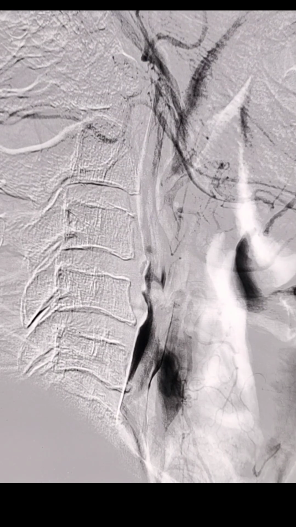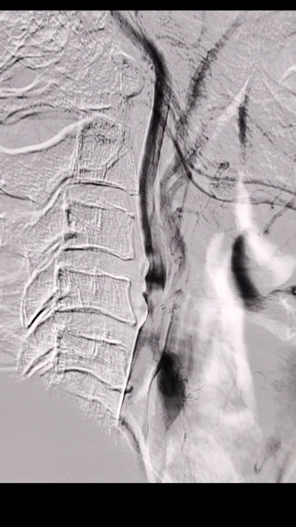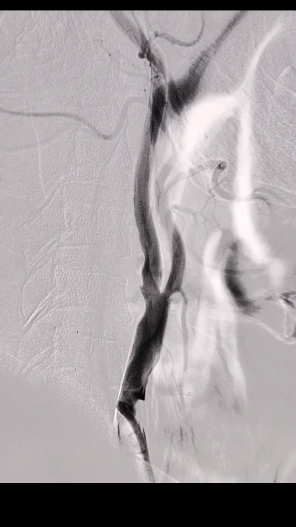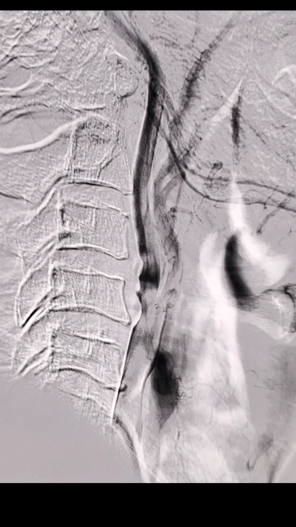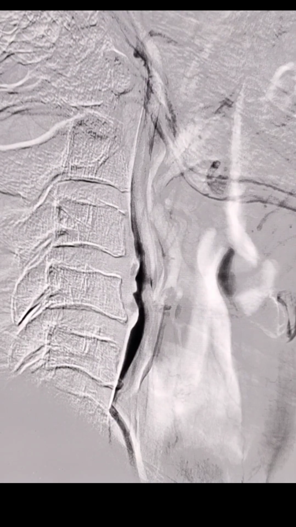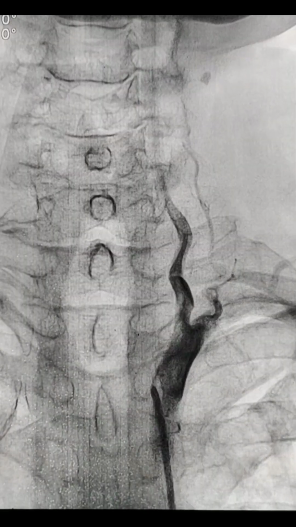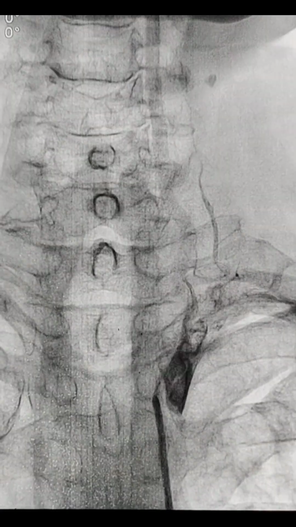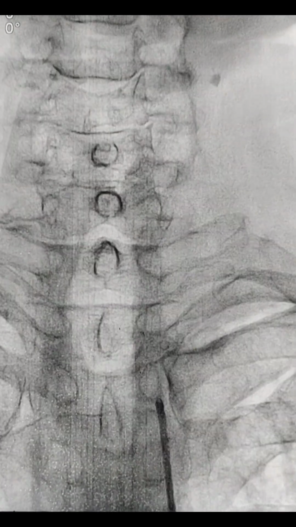So this is a DSA, digital subtraction angio. Same thing we can see. This was with the right femoral approach, and sheath we used is JR, guiding JR with a thermo wire. And after this right side, we wanted to again, by mistake we have gone to the